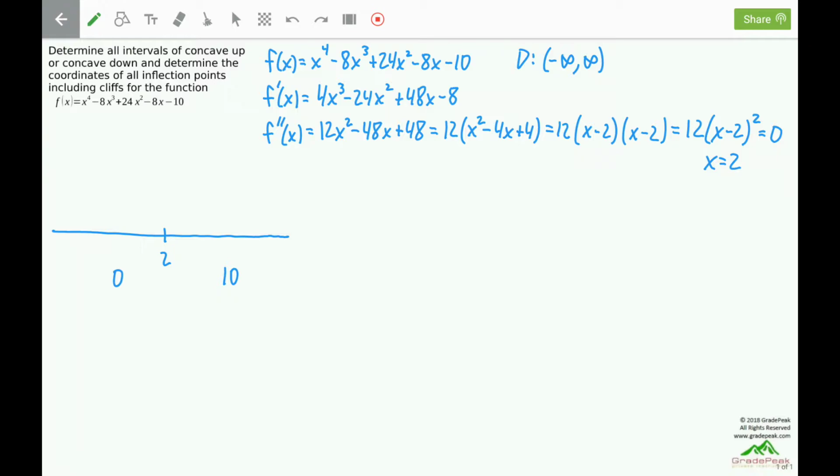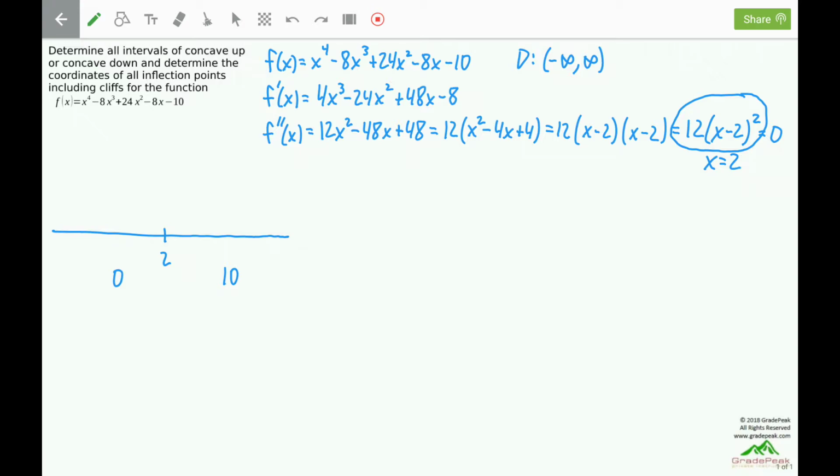We can now test the concavity by plugging the test values into the second derivative. We don't care about the value of the second derivative, just whether it is positive or negative. So the best place to plug in is the fully factored version. That is this one here. Now, a couple things about this. The 12 is a positive, and the x minus 2 is quantity squared. And a quantity squared is always positive unless what's inside is 0, but what's inside is only 0 at the candidate number of x equals 2, and that's not part of the intervals here. So that x minus 2 quantity squared will be positive. The 12 is positive. When we multiply positive times positive, it is positive, so this entire second derivative is positive